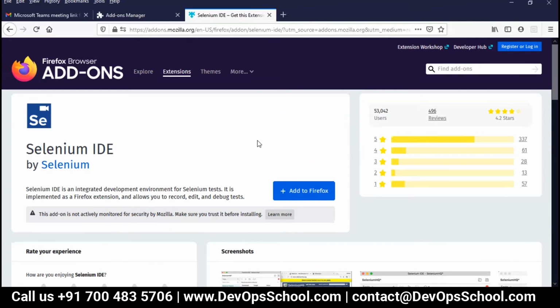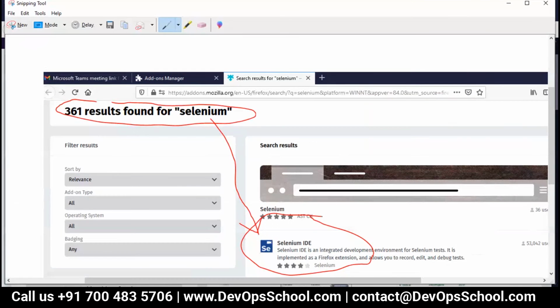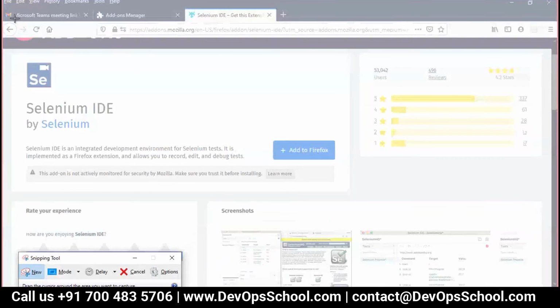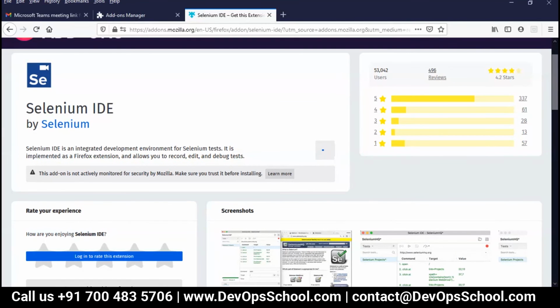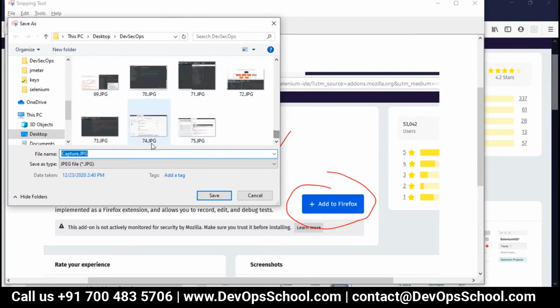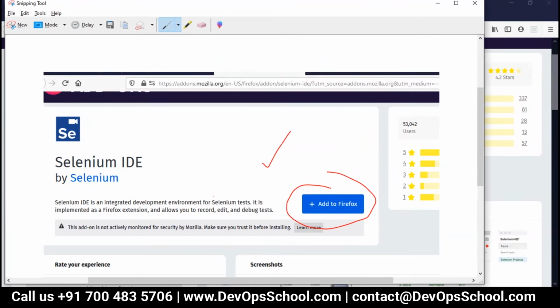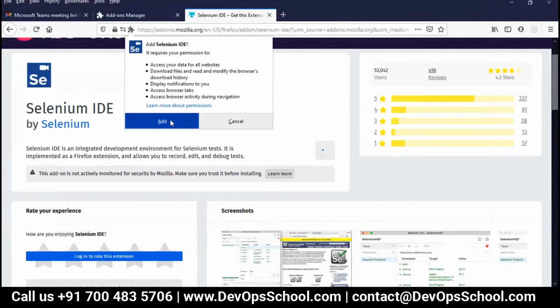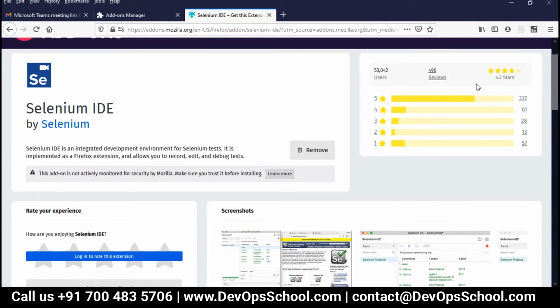Click on it and add it to Firefox. Done, guys. It says added.